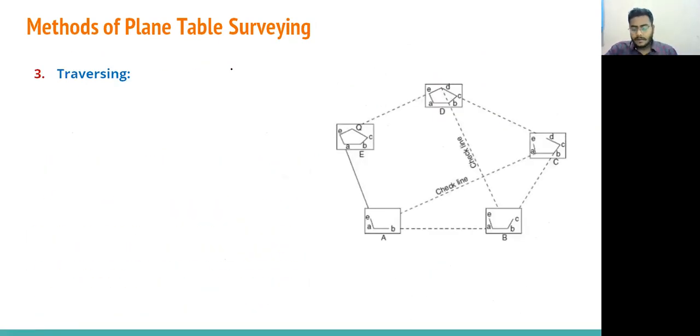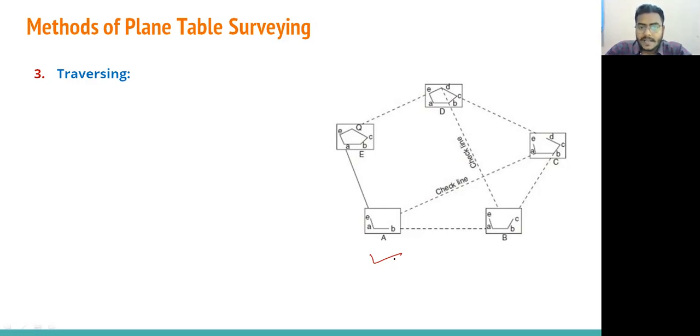Traversing. In the previous method, that is the intersection, we have kept the plane table at station A. Okay, then we have changed that plane table, we kept it at station B, and then by using the intersection we have done the traverse. But in this case we have to keep the plane table